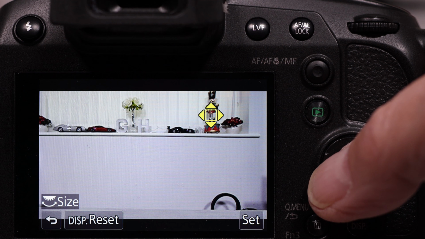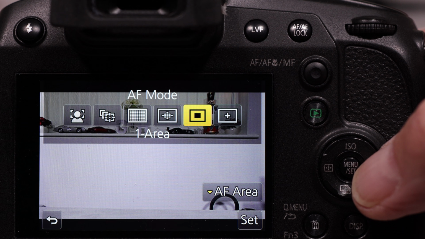Not a lot of you may use that feature, and I certainly don't, but I want to use that function button 2 to give me access to one of the features that I most readily use in the camera, and that is to set the focus point in the single area autofocus mode. Now normally to set that single area autofocus you've got to go into the menu, select the area, cursor down to get into direct focus mode, and then select the position you want and then press menu set.